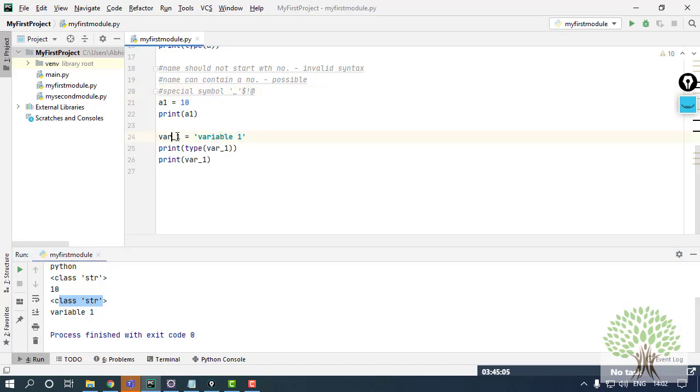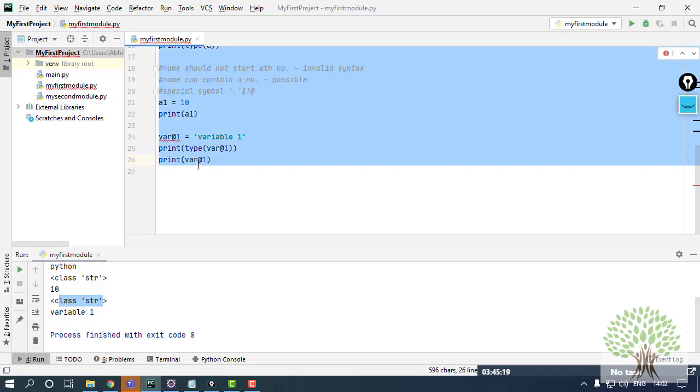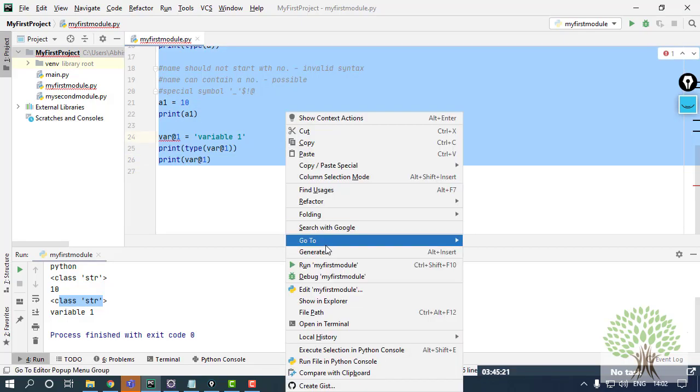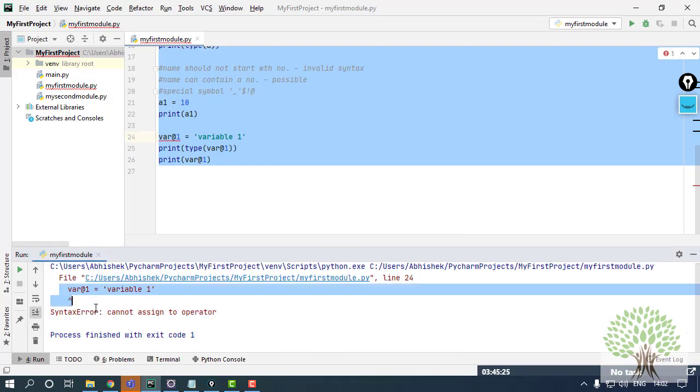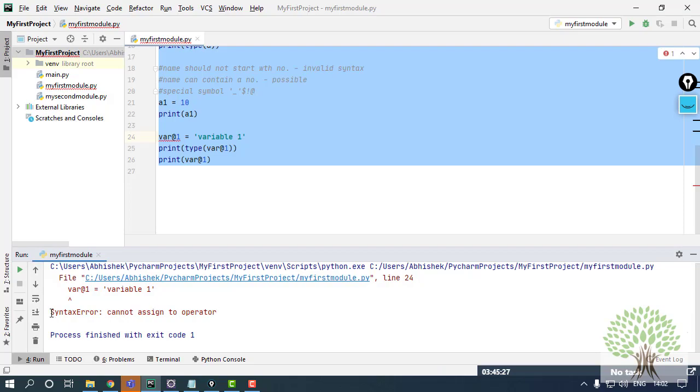But if in case I am not using underscore, I'm using an exclamation mark, or let's say @, because we usually use this special symbol. So I'll save it and I'll run it. You can see over here it's giving me an error saying that it's a syntax error, and the value cannot be assigned to the operator.